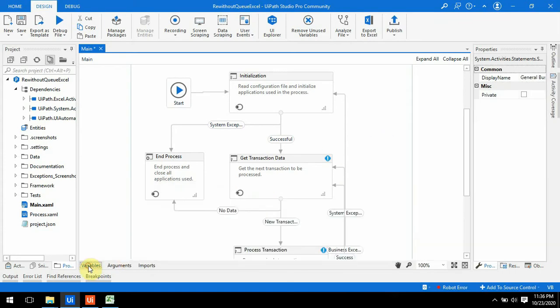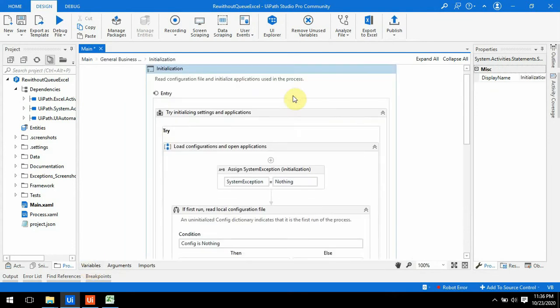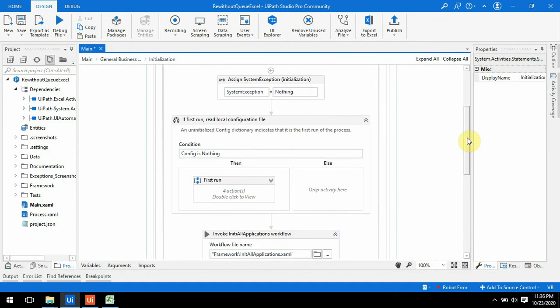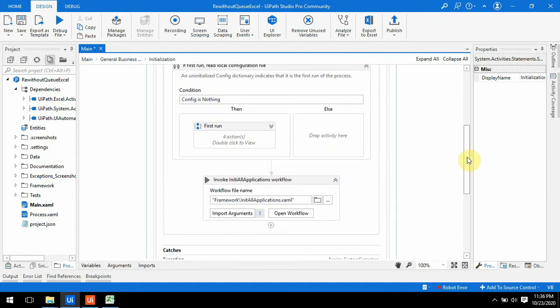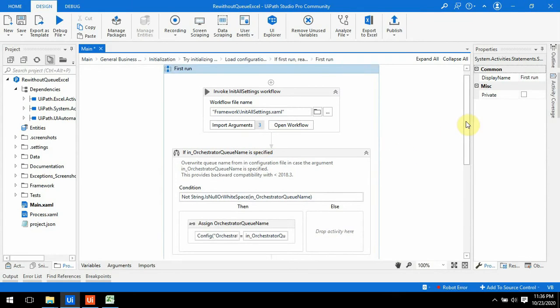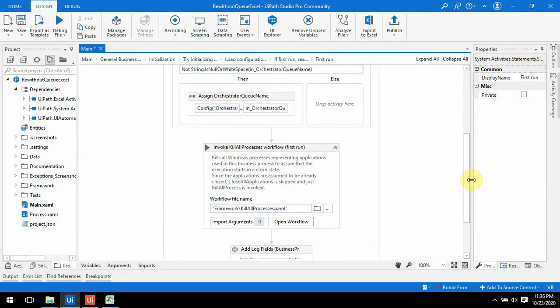So these two changes you should do initially in your configuration. Now let's start the configuration of the init state. In first run, this task will be executed only one time. So in first run we have to add only the things which will run only one time. What we'll do is read data and add the values to the data table.